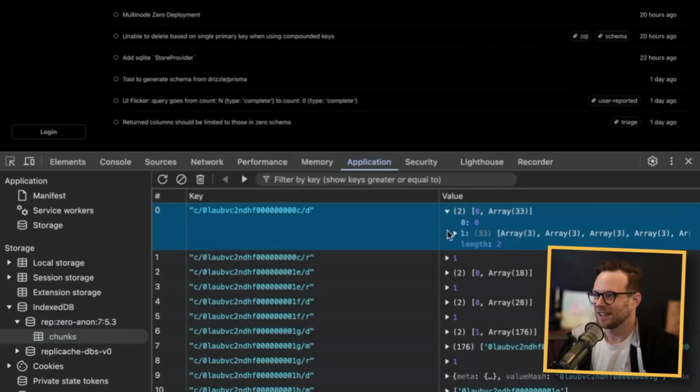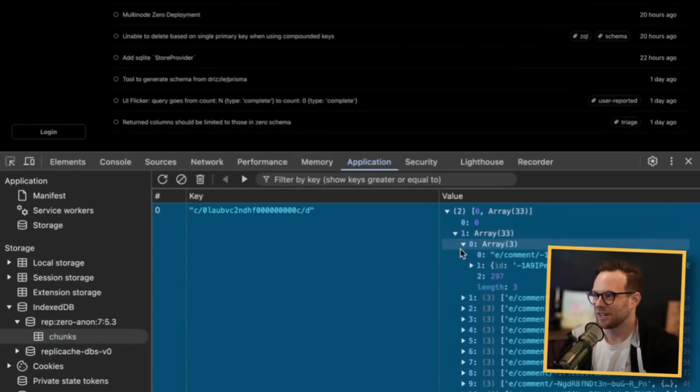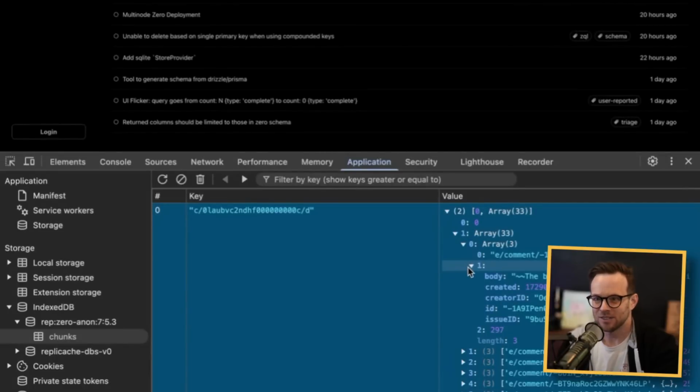And unlike other ways of doing local data, it's not storing your database as an exact copy of your database in the IndexedDB. There's a lot of interesting ways that this data is being stored in here, and I'm not going to get into the details because honestly I don't know how this data is stored. They do some really intense database research in terms of how they've constructed the way that this is interacting here,